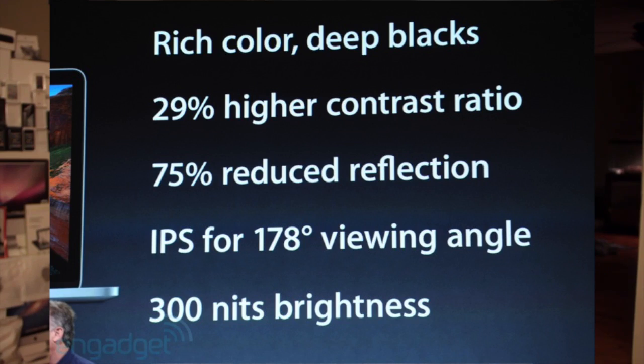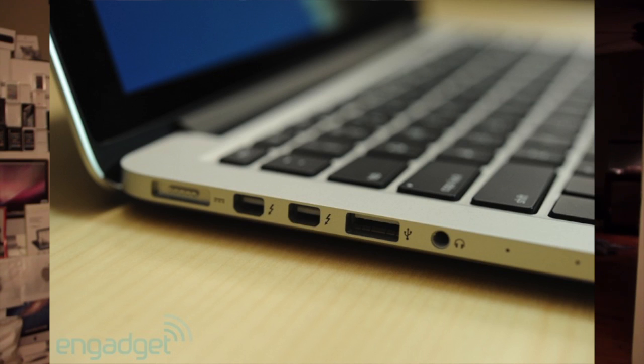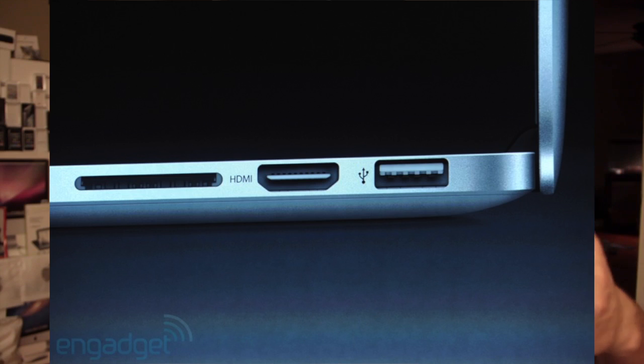The screen has a 29% higher contrast ratio and 75% reduced glare or reflection. So you won't see as much reflection on the actual screen. It has a FaceTime HD 720p camera on the front. It's got MagSafe 2, dual Thunderbolt ports, SD card slot, HDMI output, dual USB 3.0, Bluetooth 4, no optical drive,